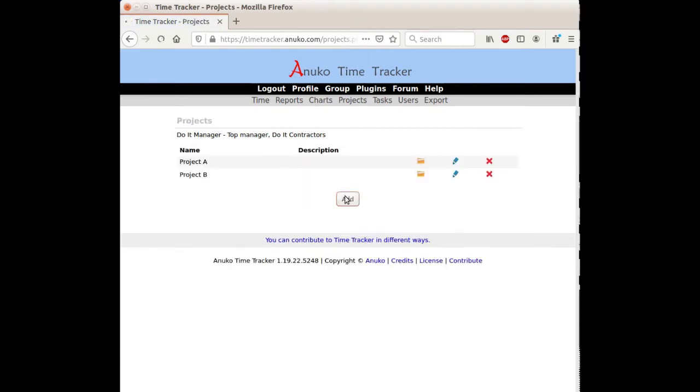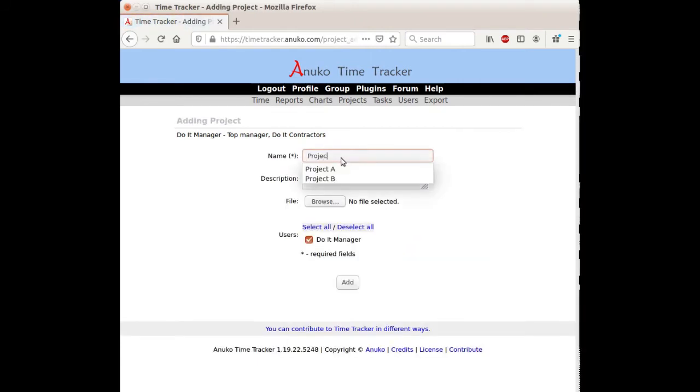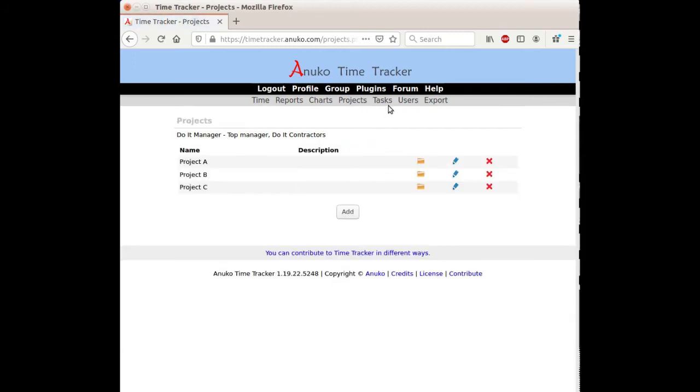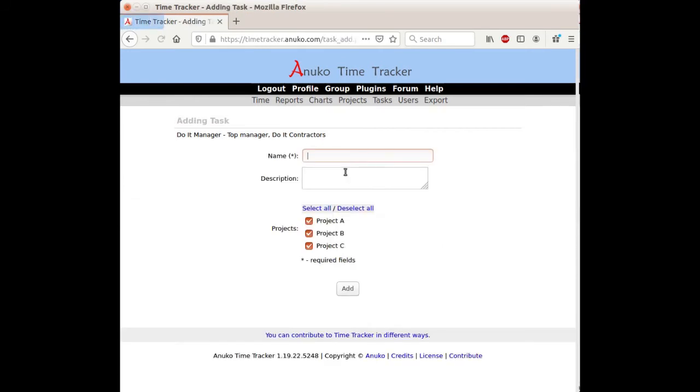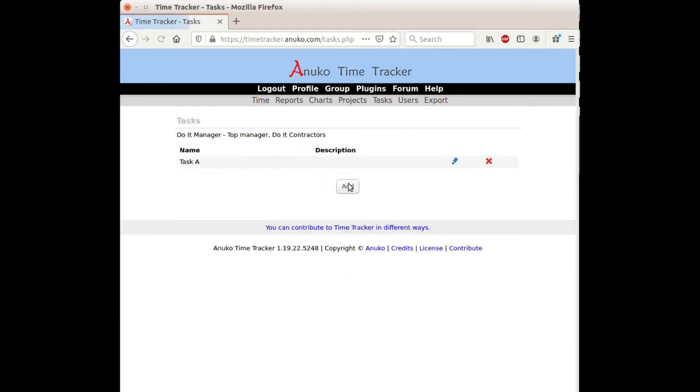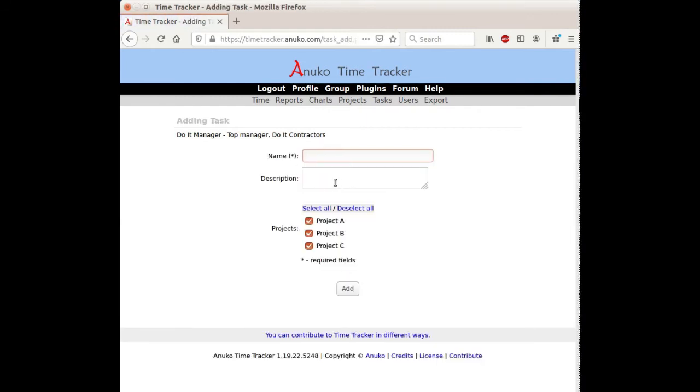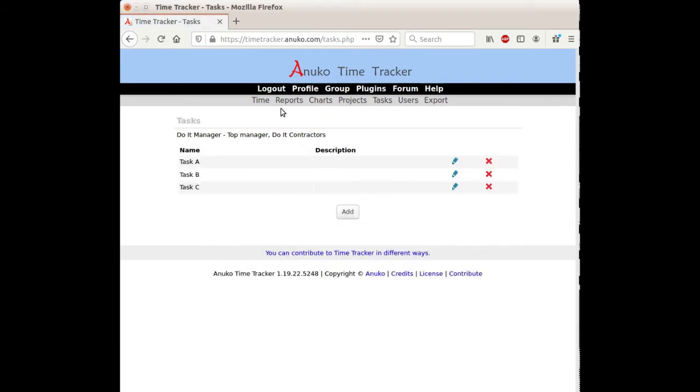We are adding some projects so that we have something to work with, and also we need some tasks as well. So how about task A, task B, and task C? And like you see below, there are projects that you bind to tasks. So for now I bind them to all.